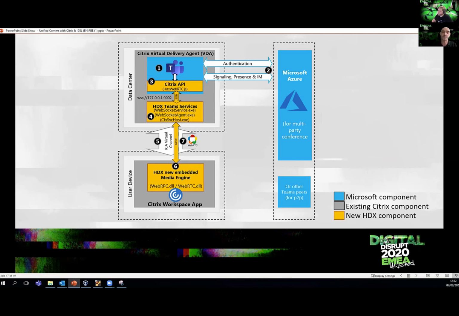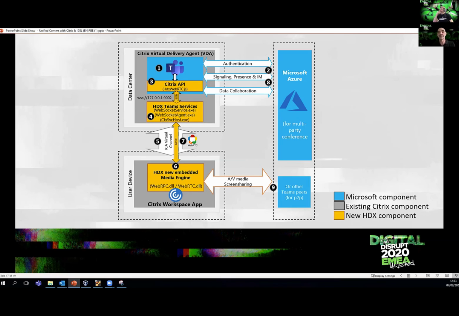So if user A clicks on the call button, then Teams.exe talks with Teams services in Azure, and an end-to-end signaling path is established with caller B. Teams will ask HdxTeams for a series of supported call parameters, codecs, resolutions, etc. That's called an SDP offer, which is then relayed through the signaling path to Teams services in Azure, and from there on to the other caller. And once the SDP offer is answered, signaling path negotiation and ICE connectivity checks, NAT, firewalls, a lot of technical stuff, are completed,